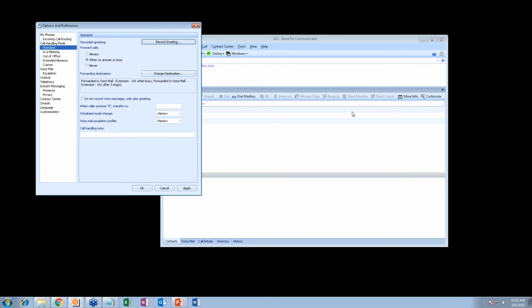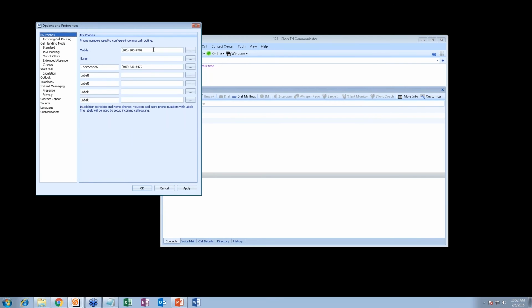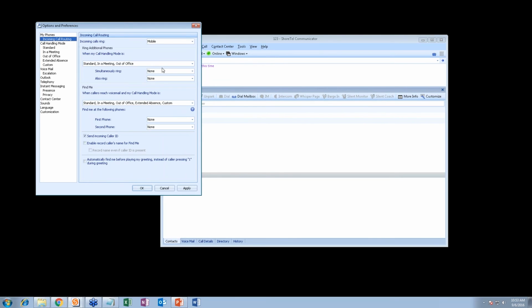So first you set your phones up here, whatever phone numbers you also want to have ring. And then under incoming call routing, we tell it for ring additional phones which call handling modes we want to use for that. Personally, I do standard and out of office. And then I am checking a meeting because I don't want my cell phone to go off when I'm in meetings. Okay, simultaneously ring my mobile. And I could even add a second phone to simultaneously ring if I wanted to, if I had another phone to ring. And now, once that's set,